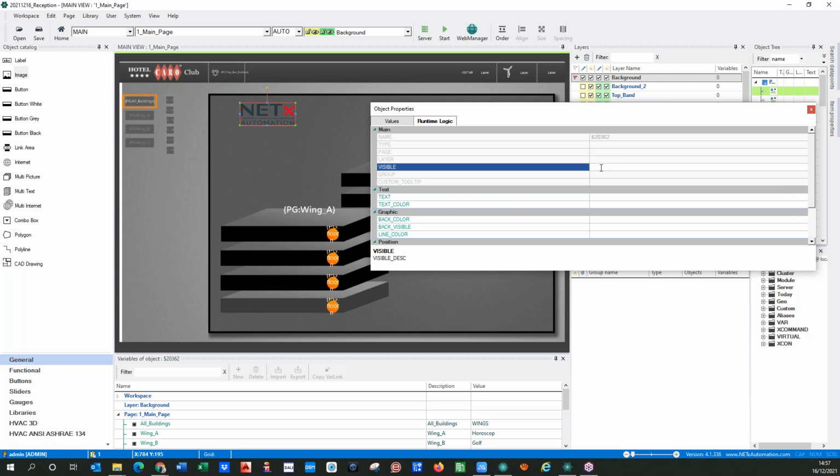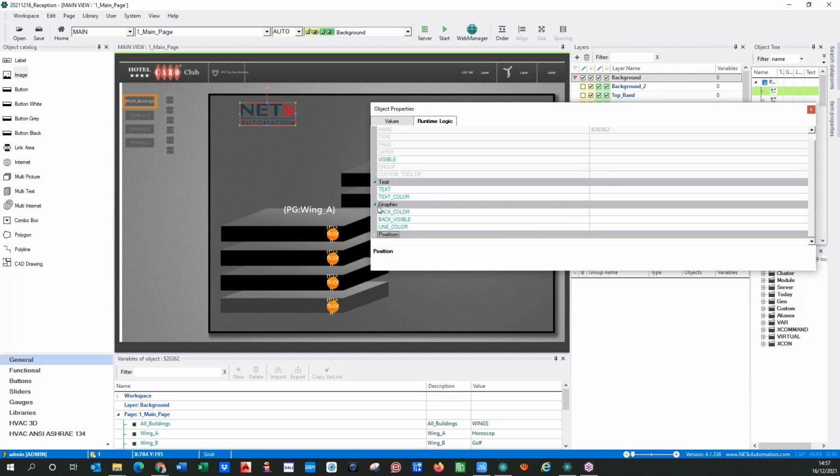So the visibility of the object depends on an item. The text that you are showing can also be changed, and the graphics also. In this case it's just an image, but if it's a different element like a button, for example,